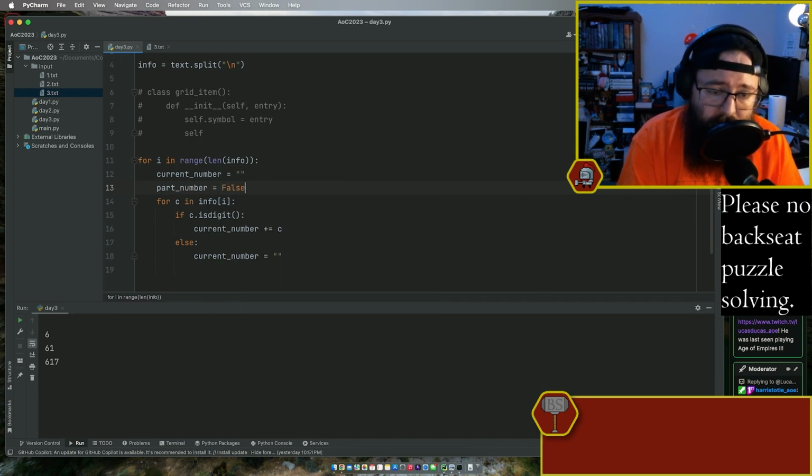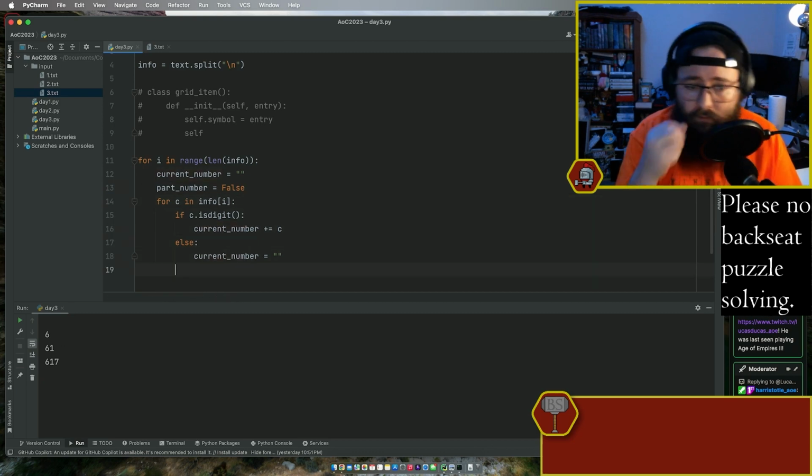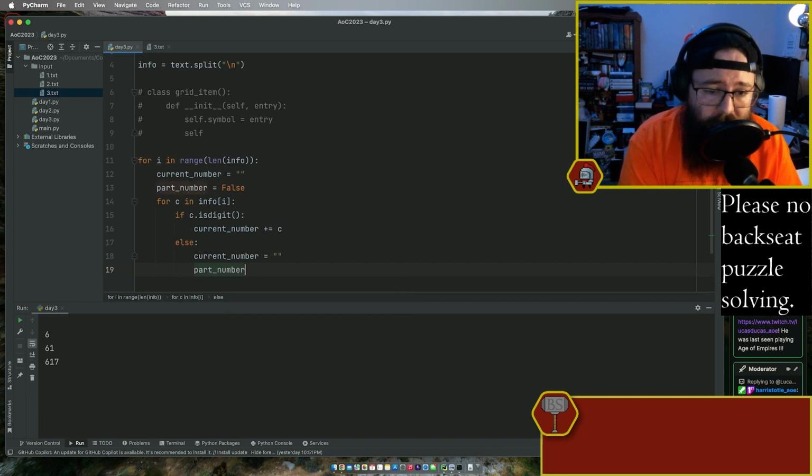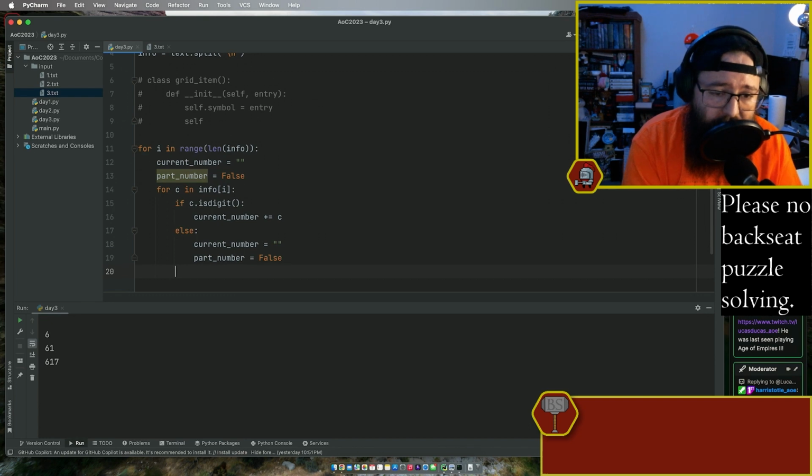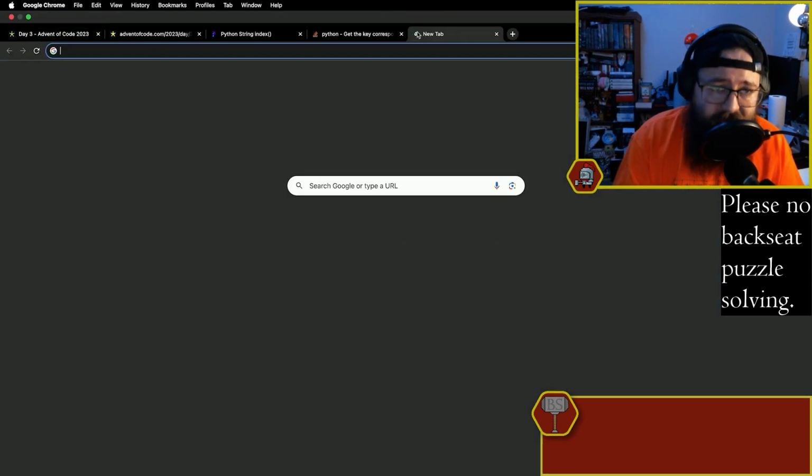False. Part. So looking at a character, how do we do this? I saw this fancy like